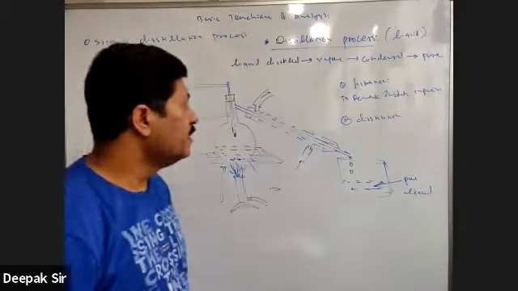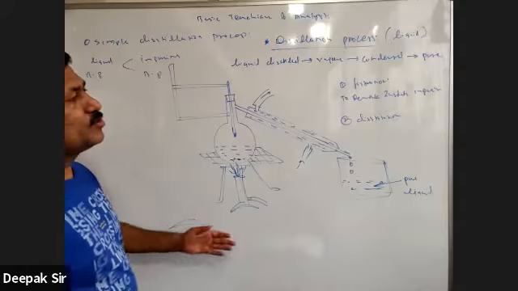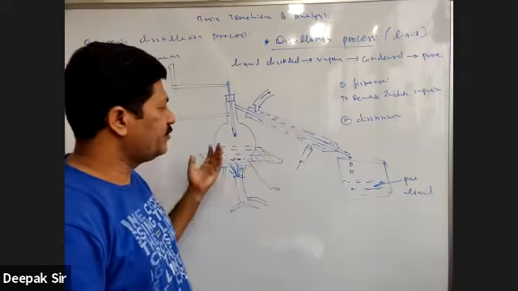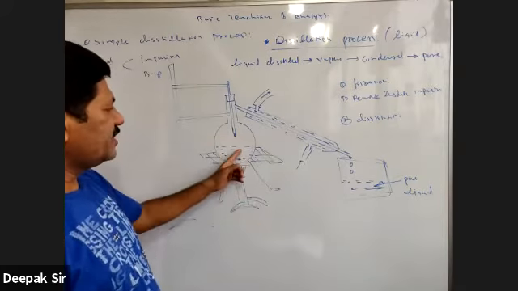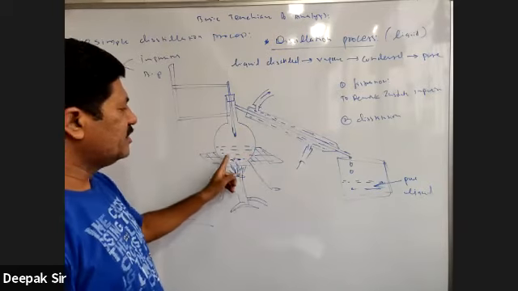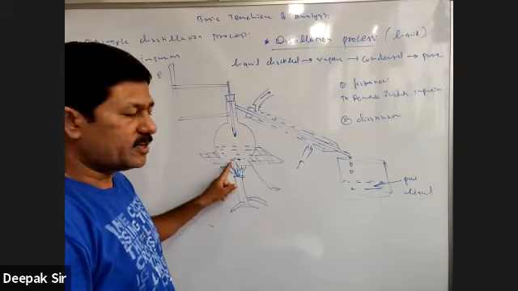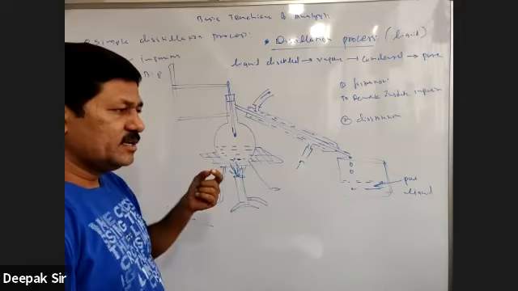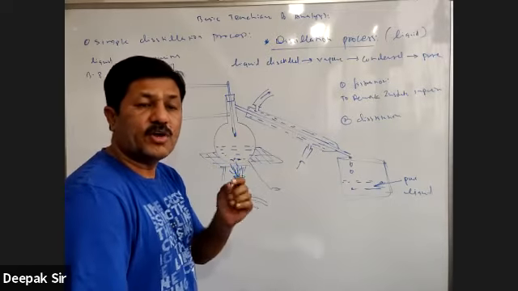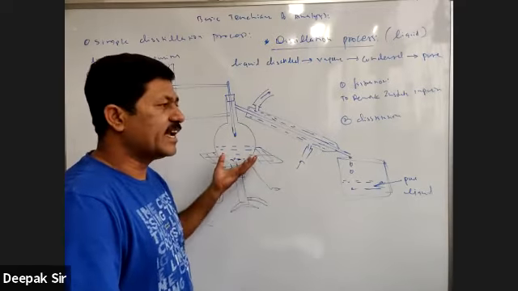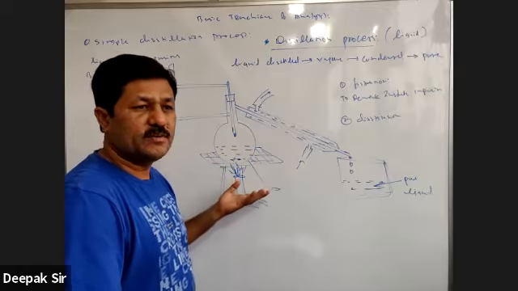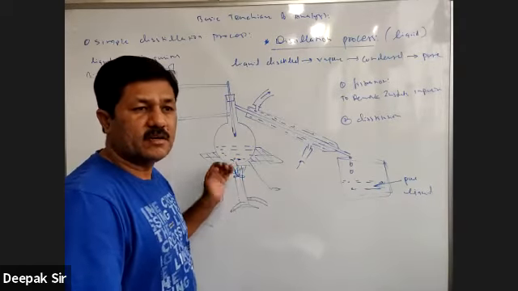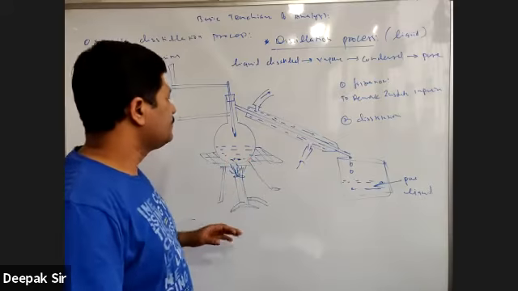Procedure क्या होता है? सबसे पहले तो हम लोग no doubt filtration तो करेंगे, because if it has impurities which are insoluble, we can remove that, and then we'll take a liquid here in this round bottom flask. So take a liquid in the round bottom flask, add some pieces of porcelain. Porcelain pieces add किए जाते हैं in order to avoid the bumping. जब हम heating करेंगे तो bumping होने के chances होते हैं liquid के, and that's why porcelain pieces add किए जाते हैं. इसके कारण it avoids the bumping of the substances.